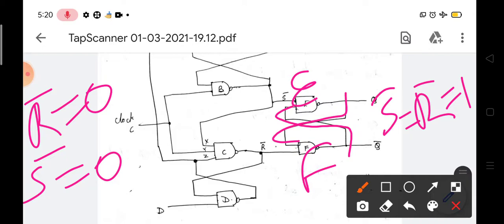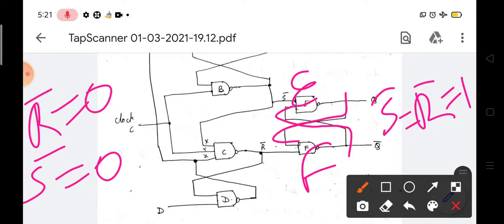So you have to go back to the function table of SR latches, so as to follow what I have said just now. S bar equal to R bar equal to 1, this condition keeps the output of the latch in the unchanged position. If we put S bar equal to 0, our latch sets because S bar 0 means S equal to 1. And if R bar is 0, then this resets the latch.